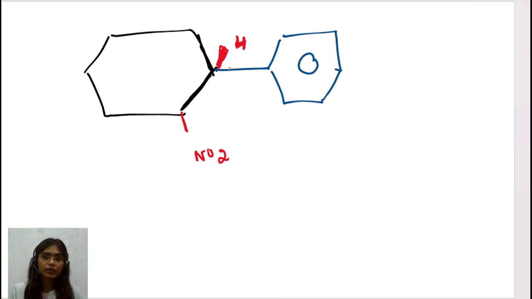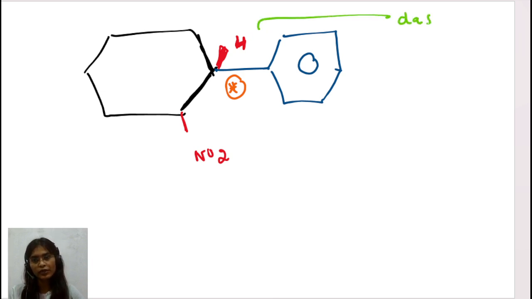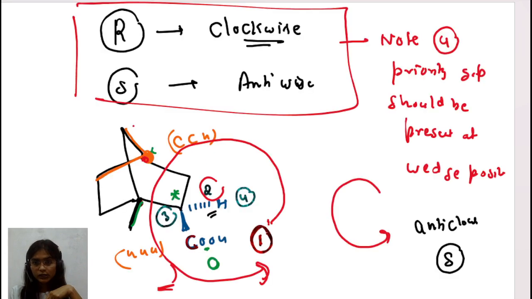Now, did you notice something? Right now, I do not have the fourth atom, that hydrogen, at the wedge position. This is at the dash position. This is the important point here. First of all, try to answer the question with whatever you are getting, and let me tell you the rule. How about the case here? If this is present at the dash, I'm sorry, it should be dash. Please correct this. I'm really very sorry. Dash means this dotted line.